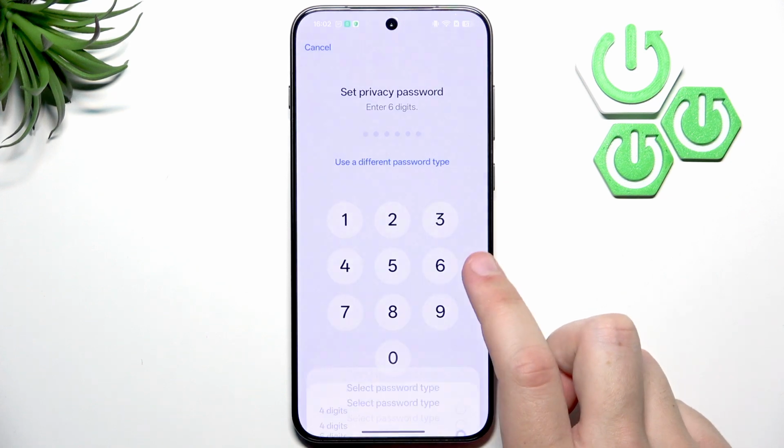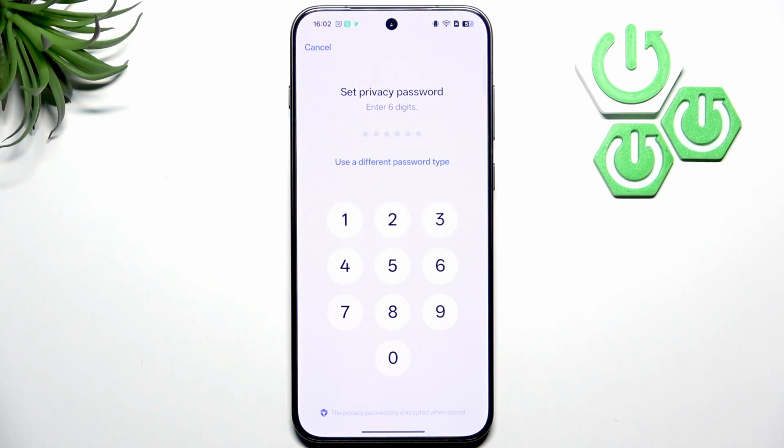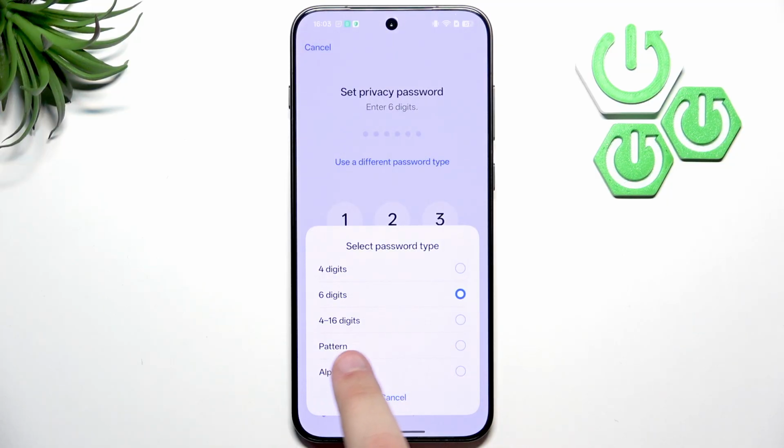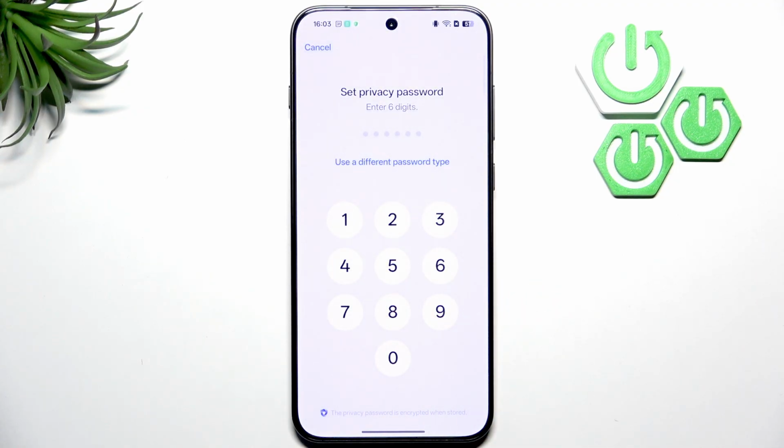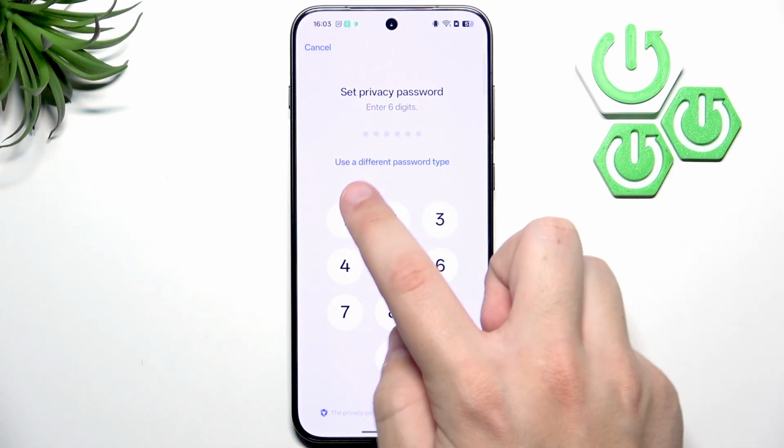I always go for 6 digits. It's safer than the 4 digits. You can also go for 4 to 16 and use like 8 or 10. So 8 or 10 will definitely be better, but if you don't want a long password, then 6 digits is for you. Now here you need to create a password that nobody will know about, and I'll put 1 2